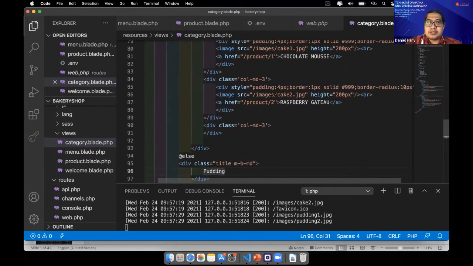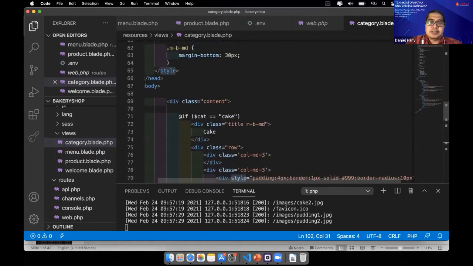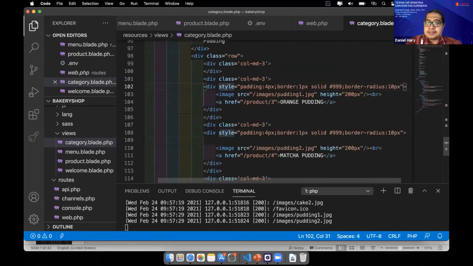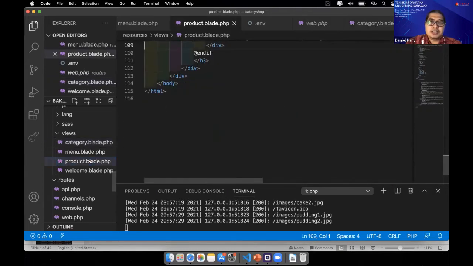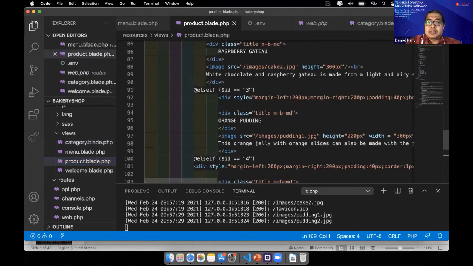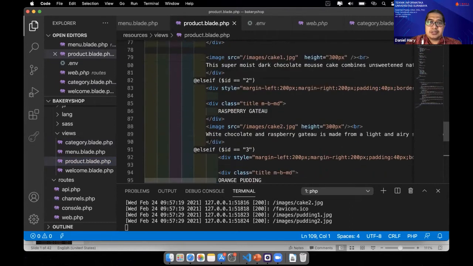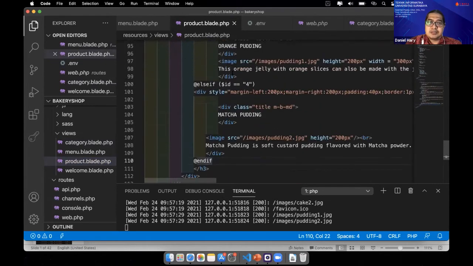This one is still hard coded, but we already learned how to put a blade template here: if, else if, and else. Okay, this is the menu, and also in the product we put again a blade else if, else if, and else here.